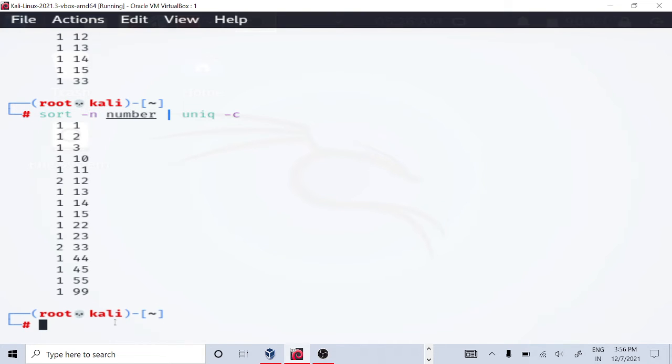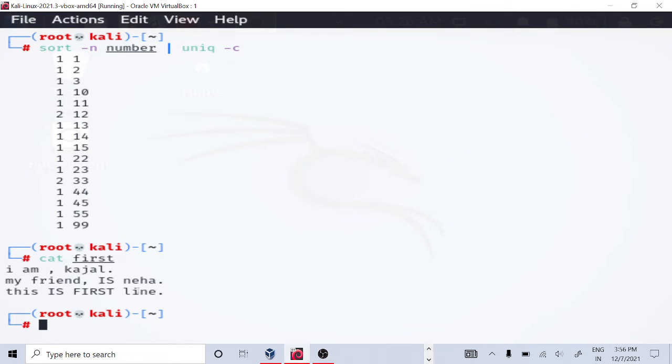Now look at some more files. For example, this is a file. This is the content of this file. Right? We can use the sed command. Sed is a stream editor. We can use the s command with sed, and s is for substituting, and we can substitute any text in it. That means we can find and replace any text. For example, there is a name Kajal. I want to replace this with Dr. Kajal Rai.